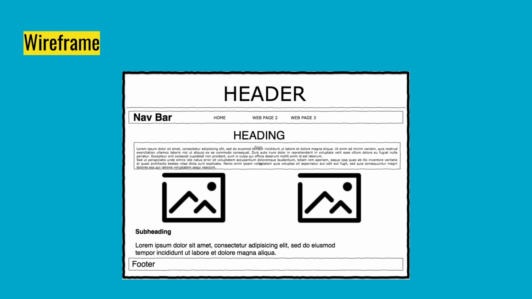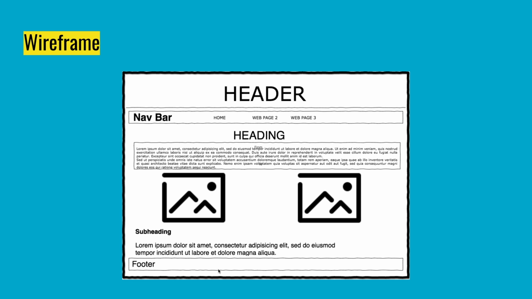This very first wireframe has the header at the very top. It's in a very big font. Right below it, there's a navigational bar with the links to the homepage, page 2 and page 3. Then it's going to have a heading, probably an H2 here, and then a paragraph. This one has 2 images, and then it's going to have maybe another shorter paragraph with the footer at